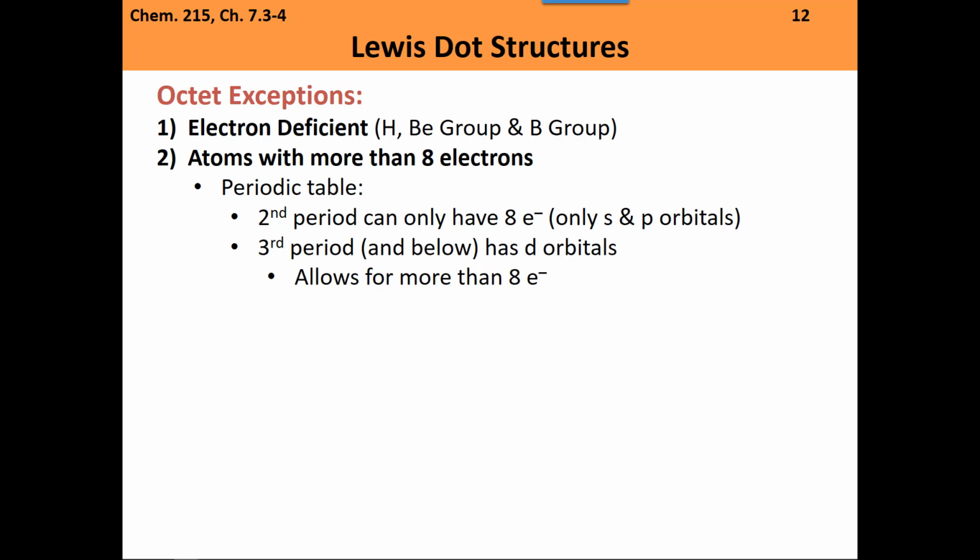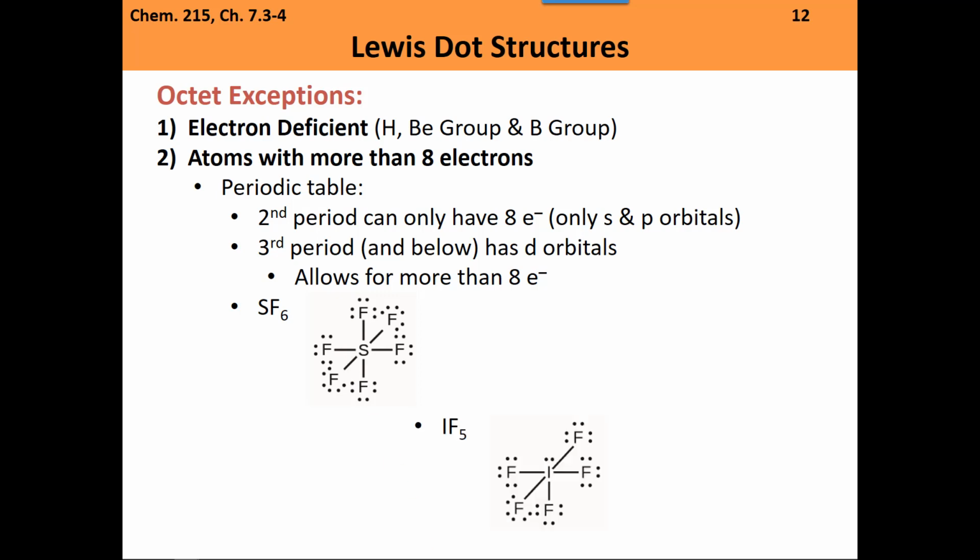We can also have some atoms with more than 8 electrons. These are ones in the 3rd period and below. For instance, sulfur in SF6 has this arrangement where it has 6 fluorines around it. If I look, this one has 2, 4, 6, 8, 10, 12 electrons around it. It can do this because it's lower in the periodic table. It actually starts to use those d orbitals we talked about. Another instance is IF5. Here, it has 1, 2, 3, 4, 5 single bonds, so that's 10 electrons and